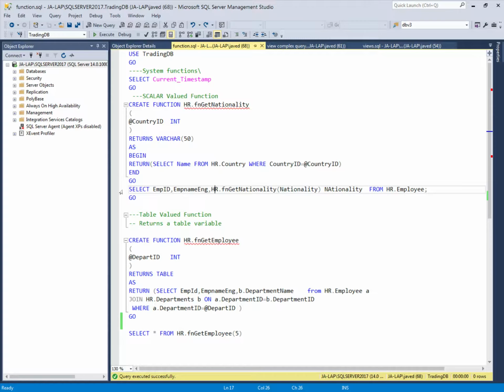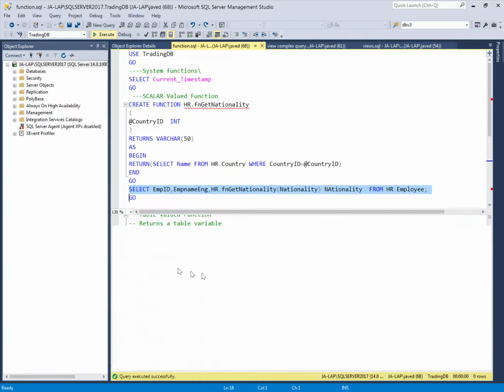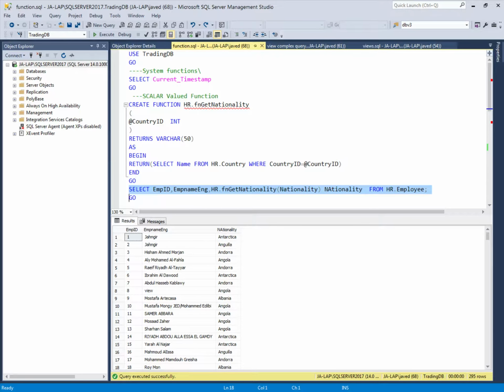So let's see how the result is when I execute. This is the employee ID and this is the employee name, and then this nationality, which is the country name, is coming through the function, because in this employee table only the IDs exist for the country, but the name exists in the country table.